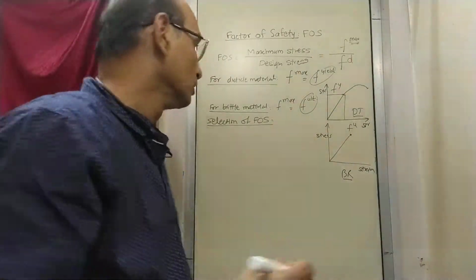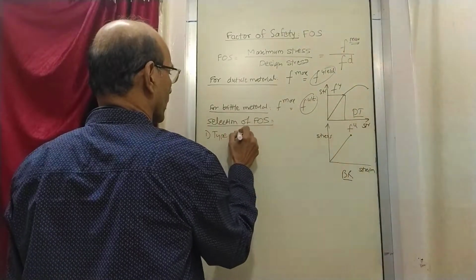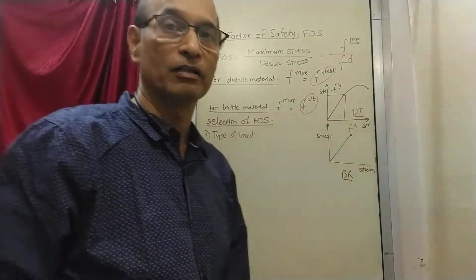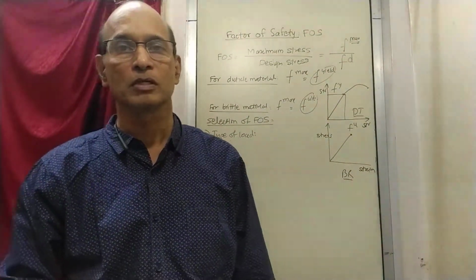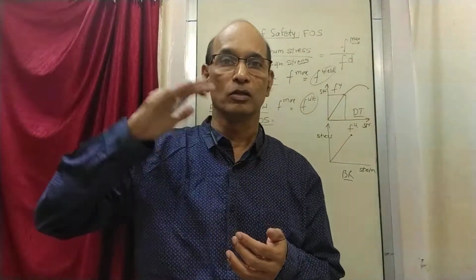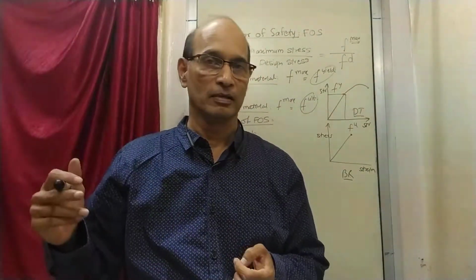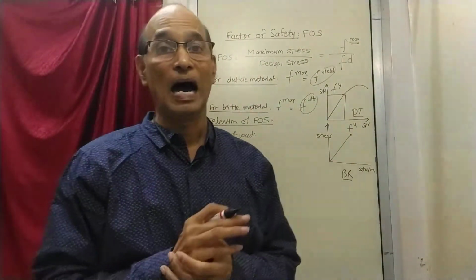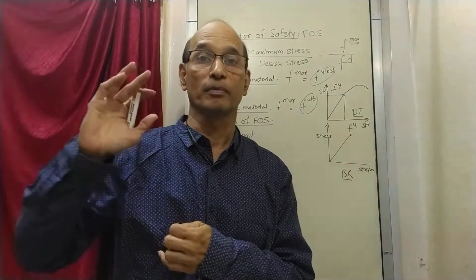That is the thing. Now the first thing is, it depends on the type of load. Depending on the type of load, we have to decide the factor of safety. What are the different types of loads? One is a static load, that means the load is constant all the time. Other is fluctuating load, the load keeps on changing. The third is the impact load, the load is very, very sudden. So the chances of failure will be high in which case out of the 3? The chances of failure will be high in the case of impact load.